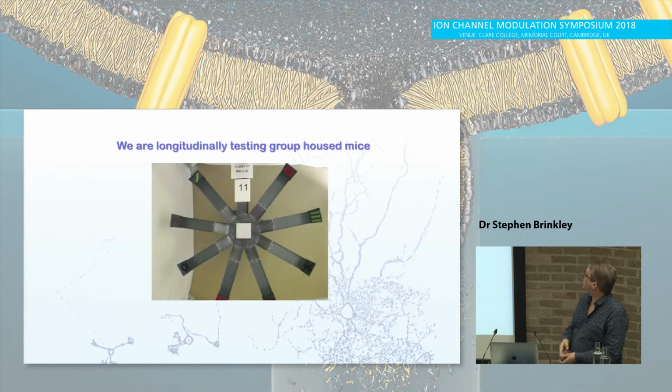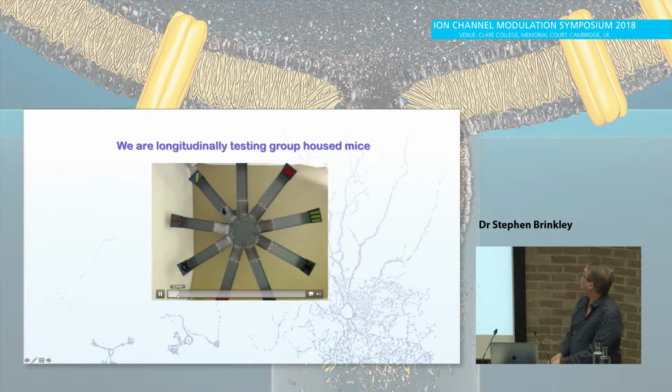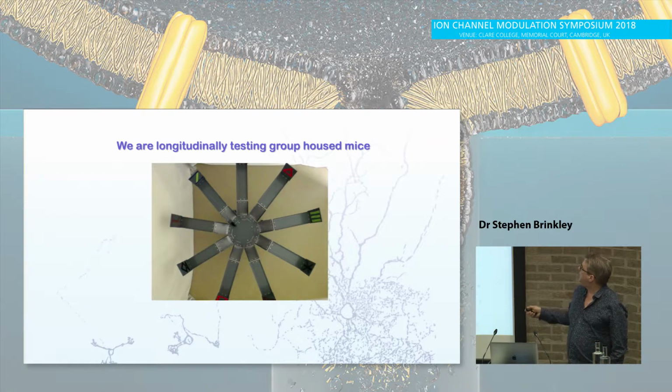So first of all, this assay, where's my mouse? I'll just jump ahead to show you our assay. It's a 9-arm radial maze, made slightly more difficult. This ramp is a platform it's got to walk up before the mouse can see a visual cue at the end of the arm. It's a foraging task. They've got to find food at the end of each arm. This mouse has been doing it a while, because I can tell, because it's going up and down arms. So it knows there's food there.